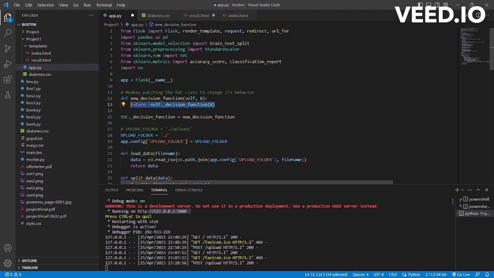So we have done monkey patching to increase the accuracy of our classification of whether the person has diabetes or not, and we achieved an accuracy of around 73%. We are working on increasing the accuracy by trying other algorithms such as linear